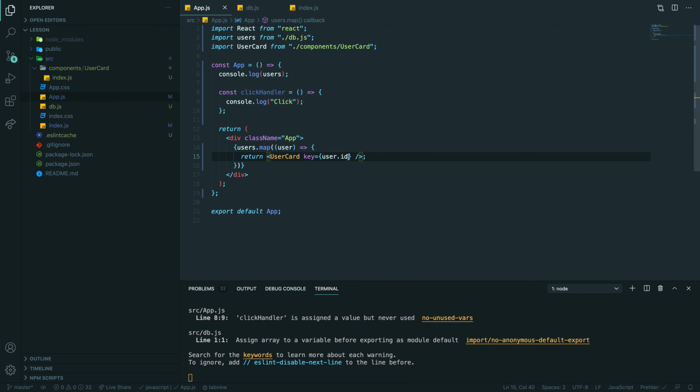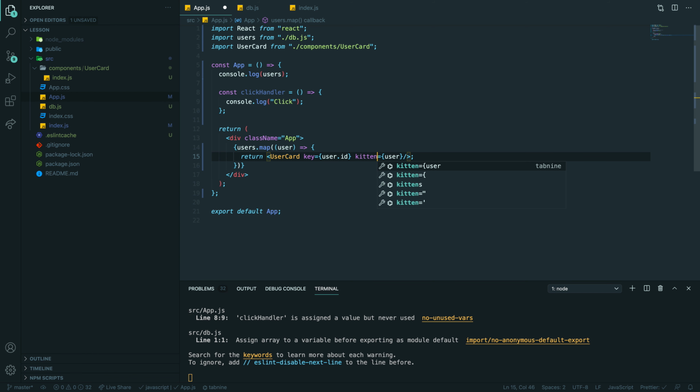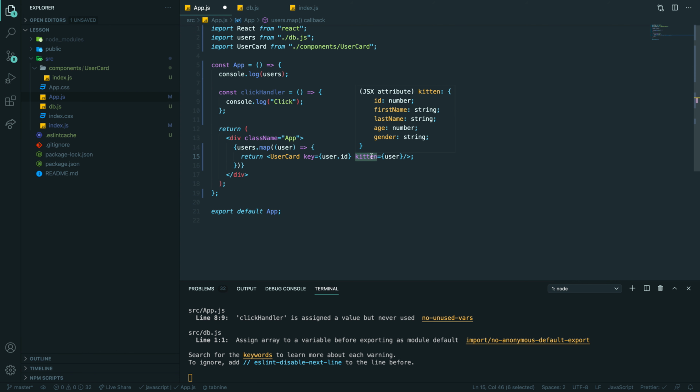I actually want to pass data. So I want to pass, let's say, user. You can call it kitten, whatever. That means this is a property name, like a param name in a JavaScript function. This is what you will receive on the other side, the label you will have. So let's have kitten.